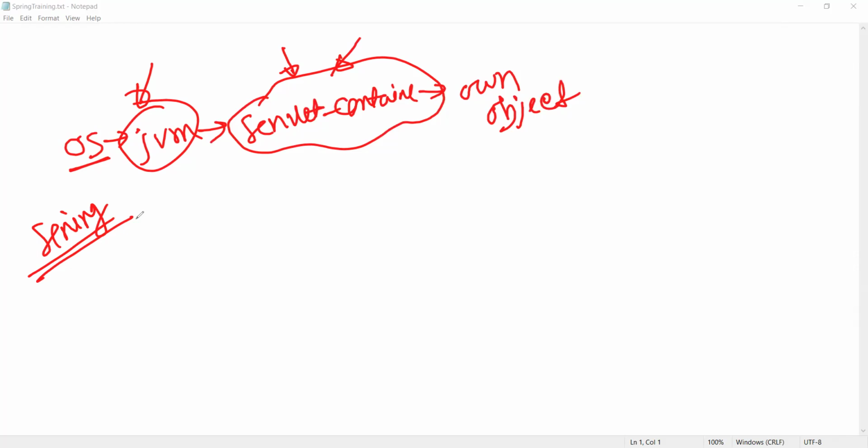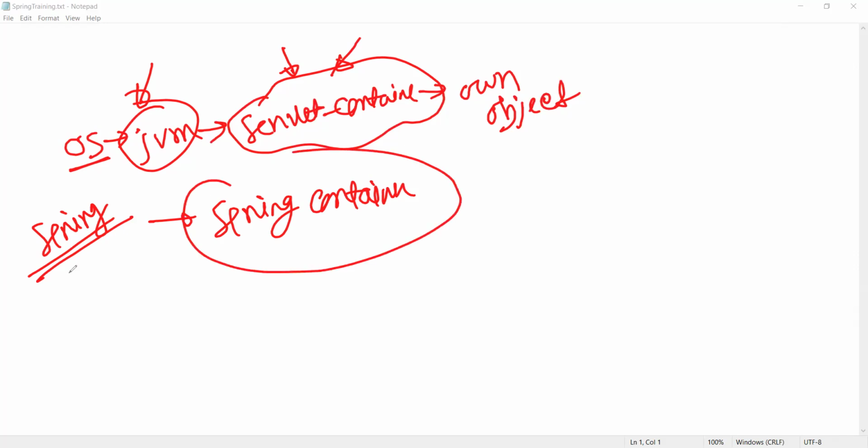Eventually, with the heart, Spring container is quite common, right? First of all, understand what is meant by Spring container. Let me share one piece of information. In older style, sometimes servlet container creates the Spring container.